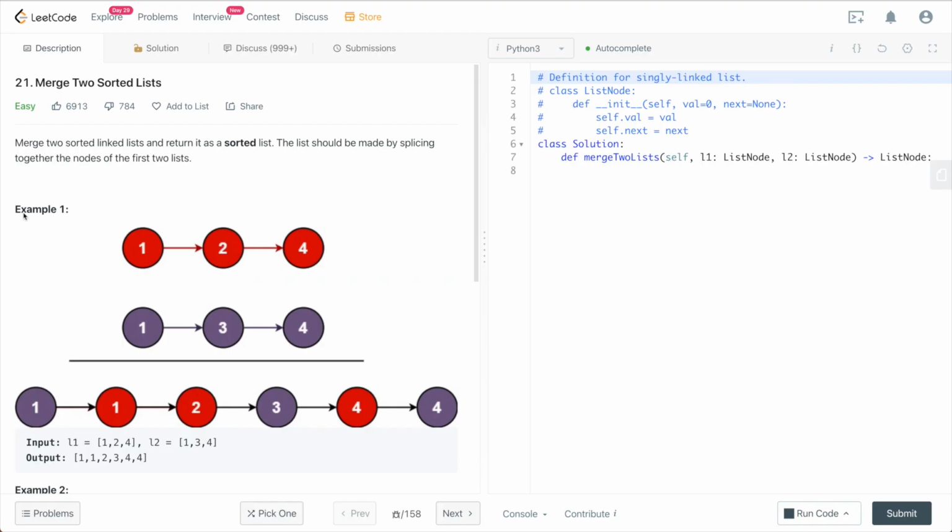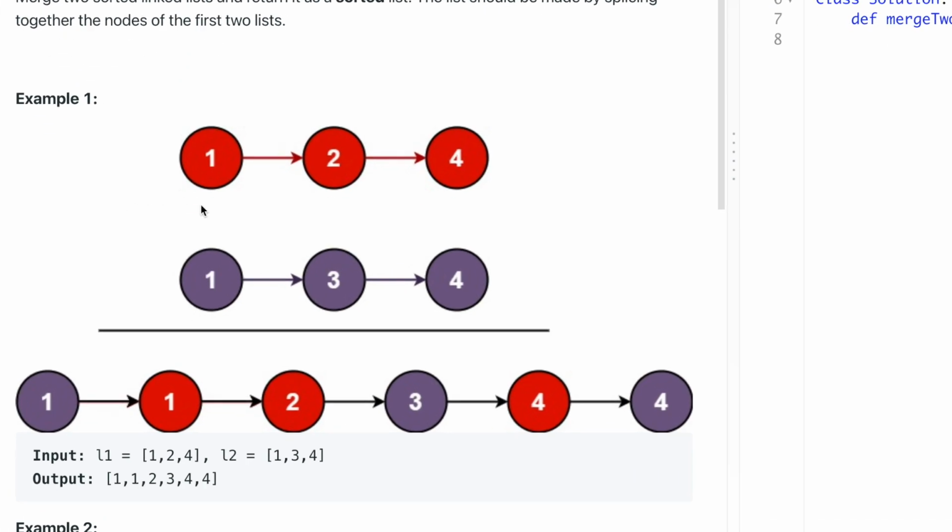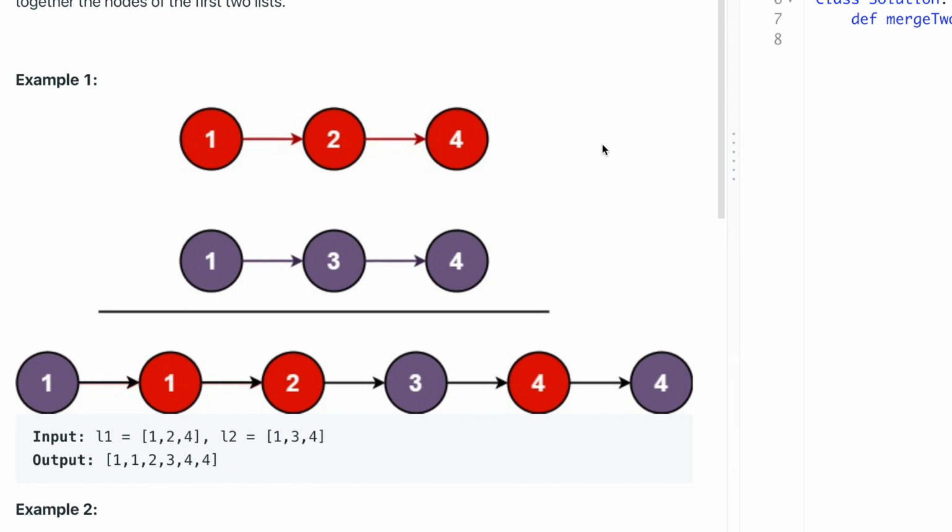Let's first take a look at the example. If you're given a list with 1 pointing to 2 pointing to 4 and another list of 1 pointing to 3 pointing to 4, if we want to merge these two sorted lists, the result would be 1 to 1 to 2 to 3 to 4 and to 4. So you're basically picking the smallest number of the two lists and then put it in the result list and then